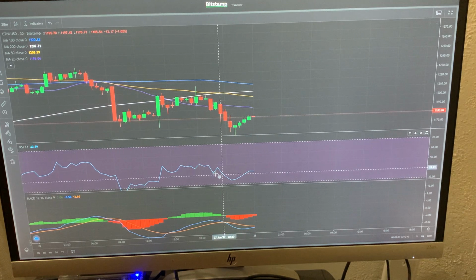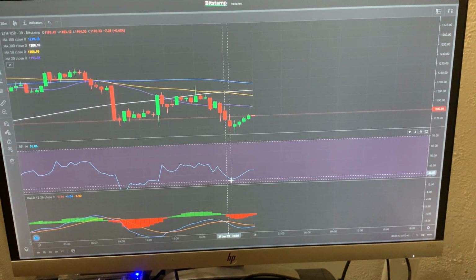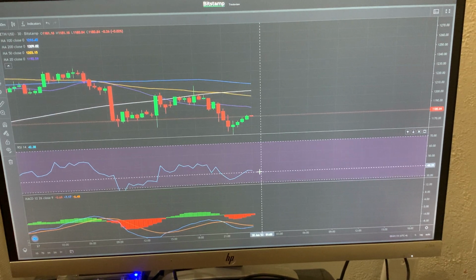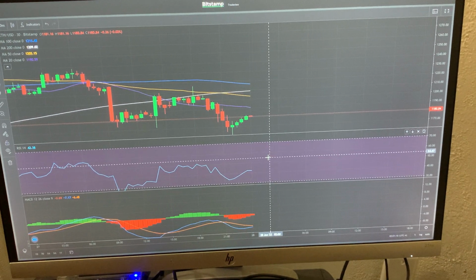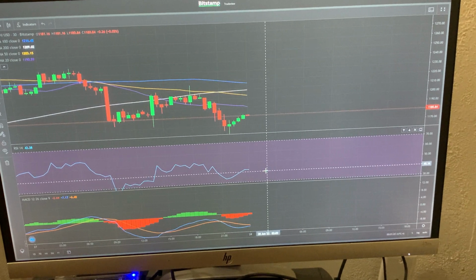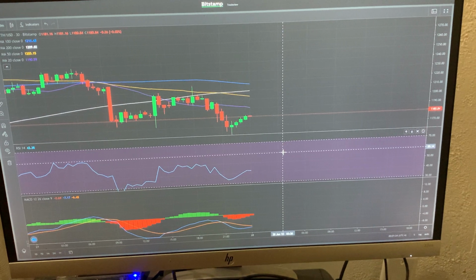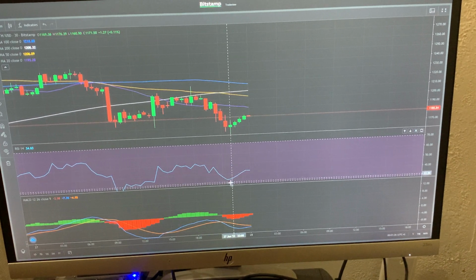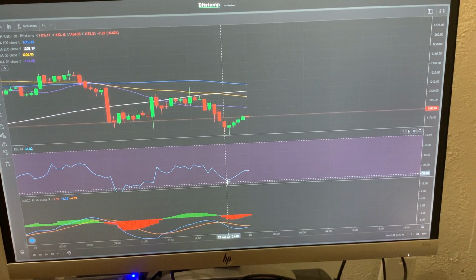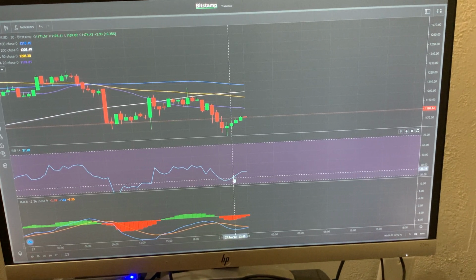Let's say this is line 1, this is line 2, this is line 3, and this is line 4. Line 1 is the dotted line, 2 and 3 are in the middle, and 4 is right here. When it gets exactly right there, 1.5, 1.25, that's when you want to buy. Or right there,